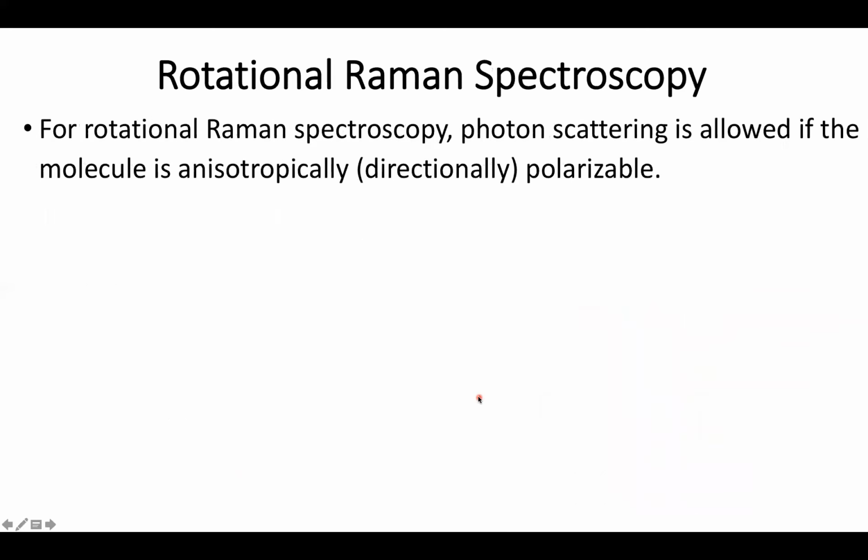So let's start with rotational spectroscopy. It's a great case. One of the most useful parts about Raman spectroscopy is that it obeys slightly different selection rules than traditional rotational spectroscopy. If I'm doing a classic microwave spectrum, I can only rotationally excite molecules that are polar. Rotational Raman doesn't have that same constraint. I can actually excite non-polar molecules, but what I rely on is the fact that the molecule has to be what's called